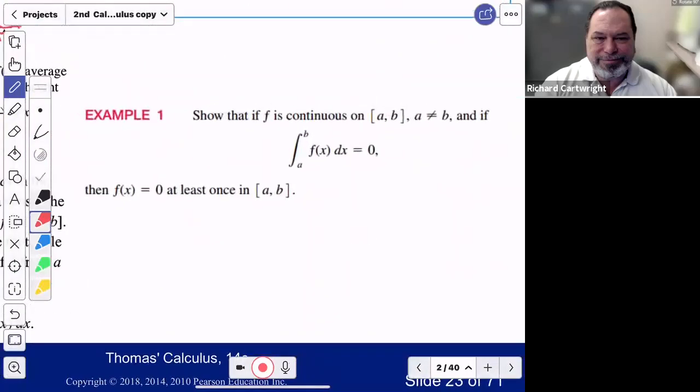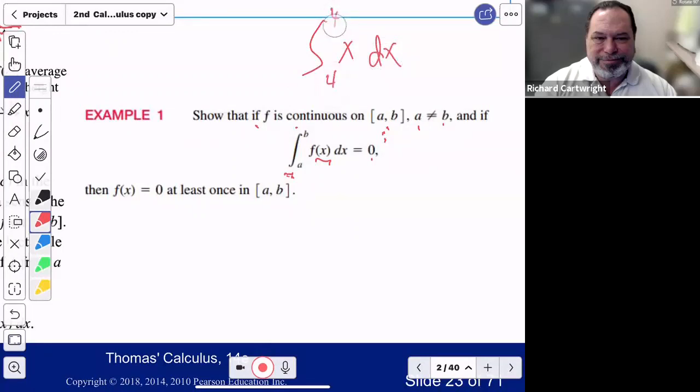first problem he did just wanted us to prove that the integral from a to b of f of x could be equal to 0. Show that if a function is continuous on the closed interval AB, it has to be differentiable on the open. In this case, he says, don't cheat. Don't make A equal to B because that's silly. If I go